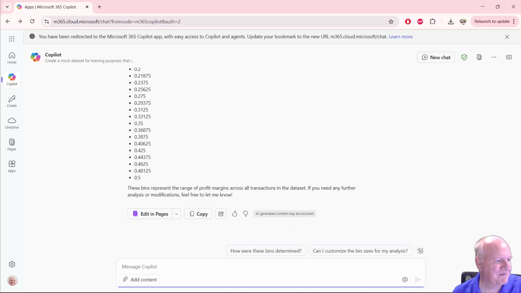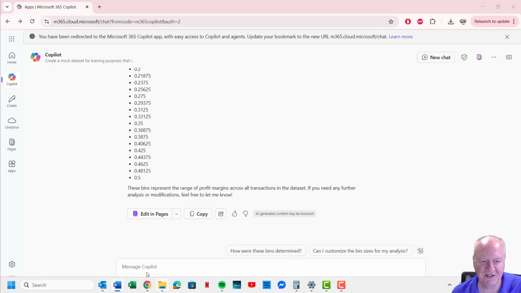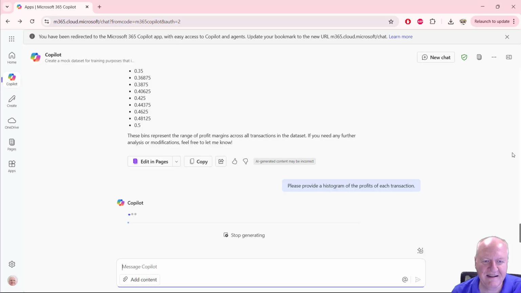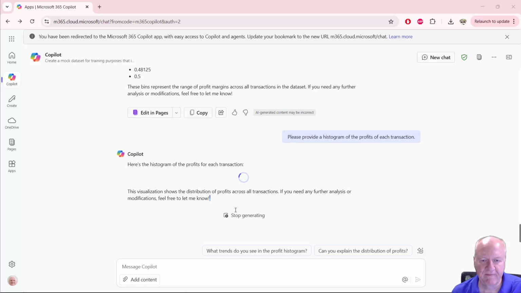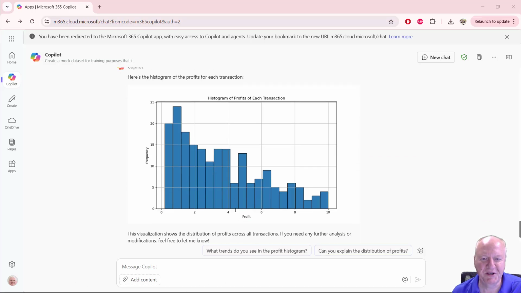The next thing we're going to do is ask it to provide a histogram of the profits of each transaction. So let's go ahead and run that. I think this is a little more uniform.